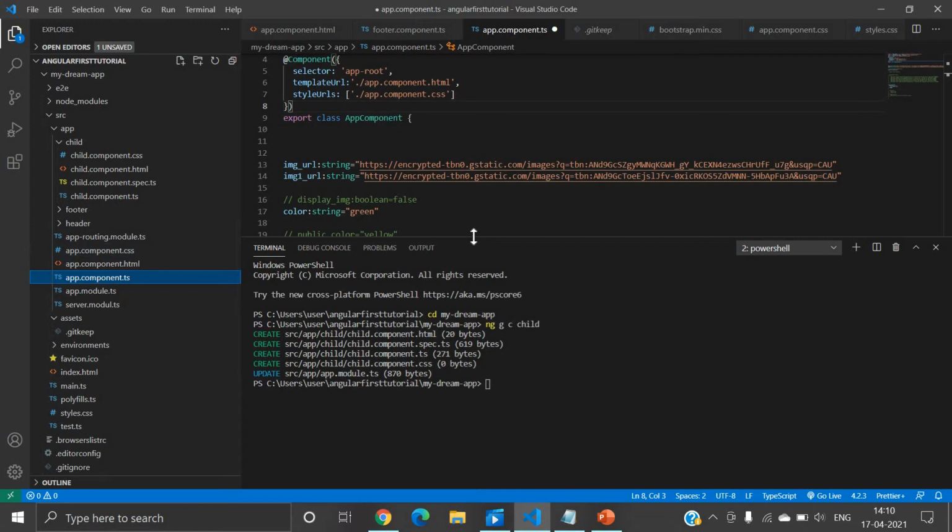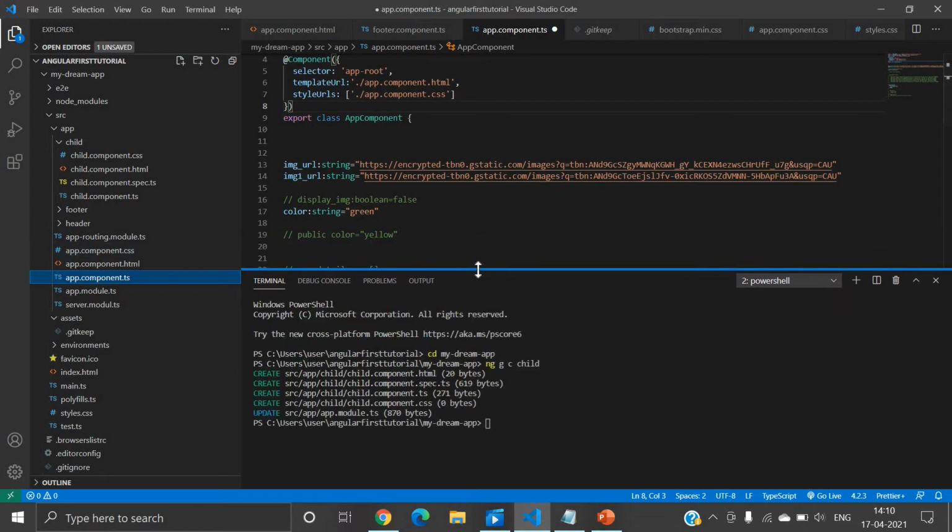Let's see how to use the Input decorator for passing data from parent to child. First of all, let's move on to app.component.ts. Here we will create one property for the Input decorator.